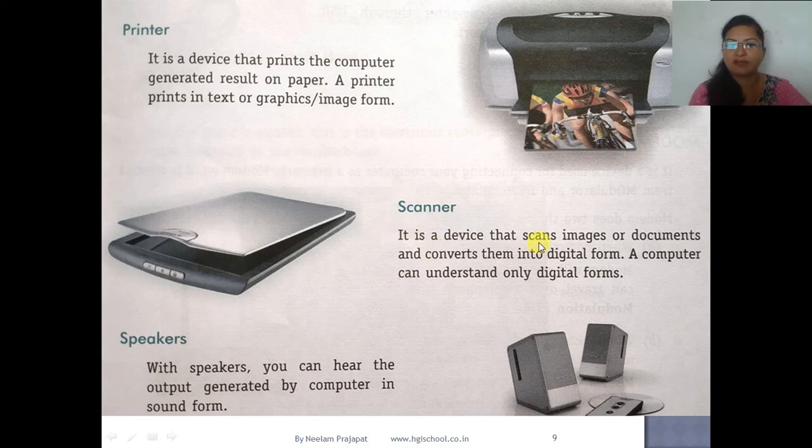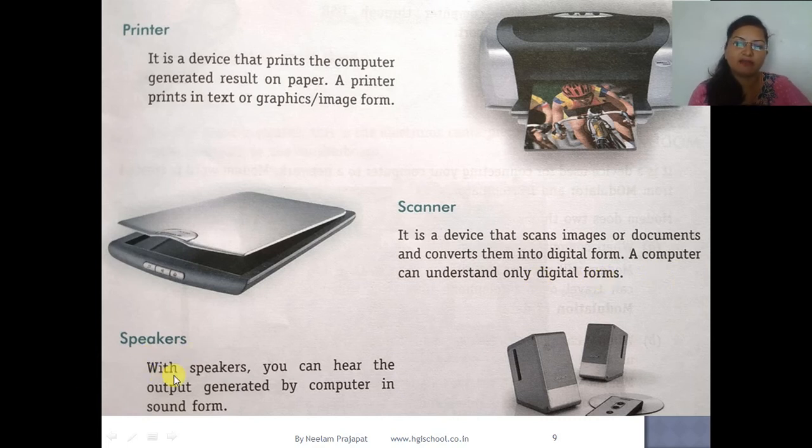It is a device that scans images or documents and converts them into digital form. A document is a hard copy, we can hold it in our hand, and the scanner converts it into digital form so that we can see it inside the computer, because a computer can understand only digital forms.